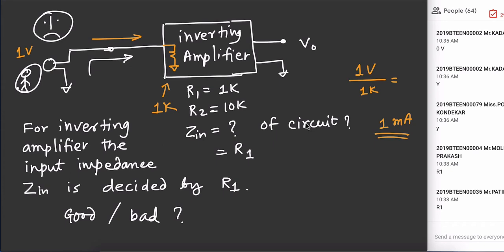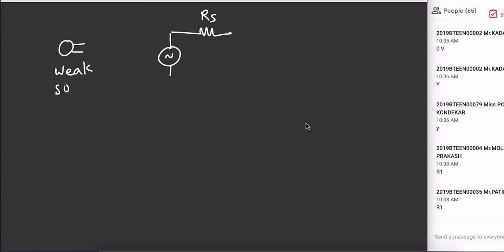Right? Now how do we put it in electrical terms? We can show the same thing. Suppose we have a sensor. This is the sensor. Now the sensor is indicated by a signal source and Rs, its own internal resistance. If the sensor is a weak source of signal,